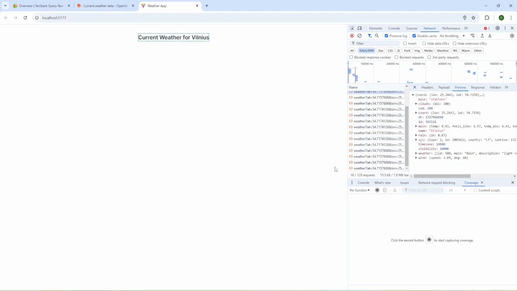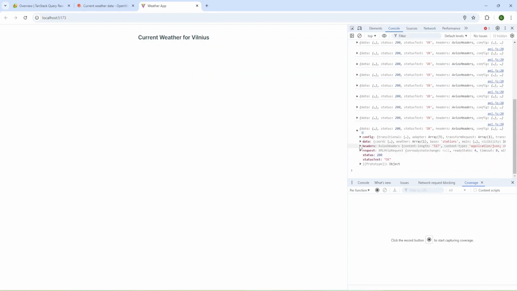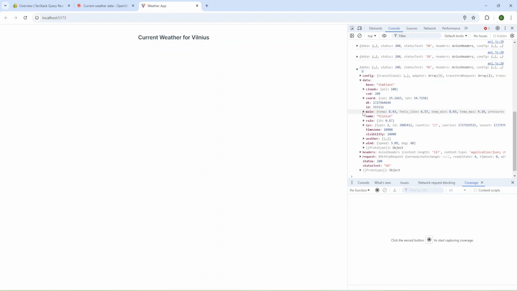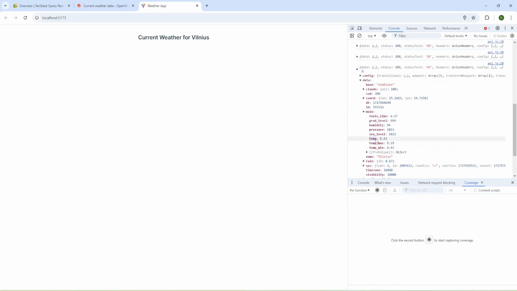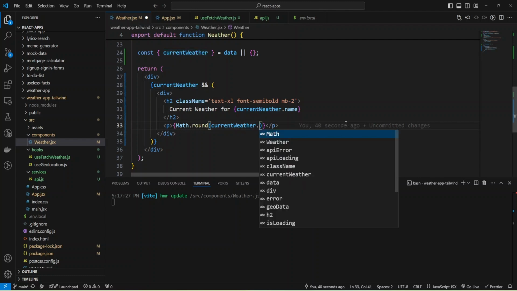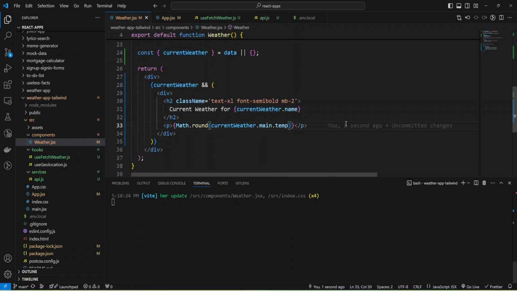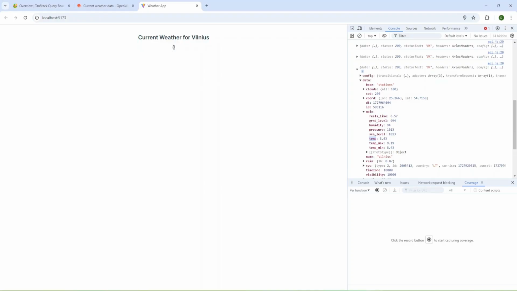So let's check what I have. We can also check console log. And we have data, and we have main, and we have temp. Okay, and I'm going to use currentWeather.main.temp. Okay, let's check. And we have our temperature.